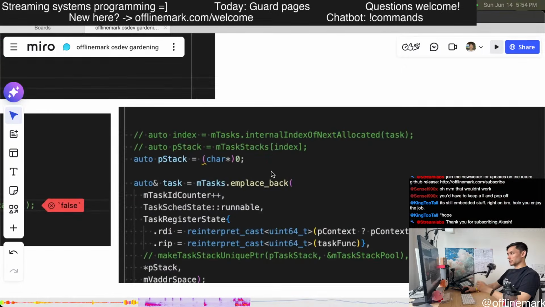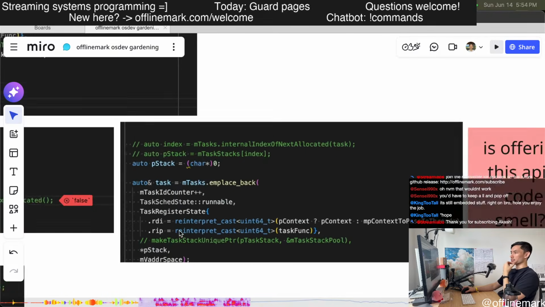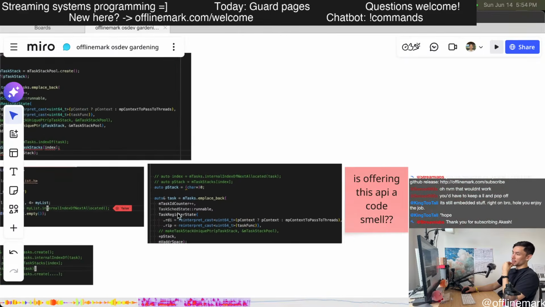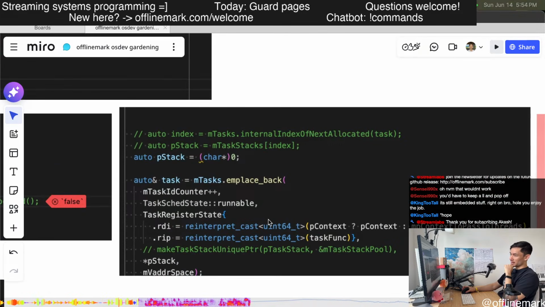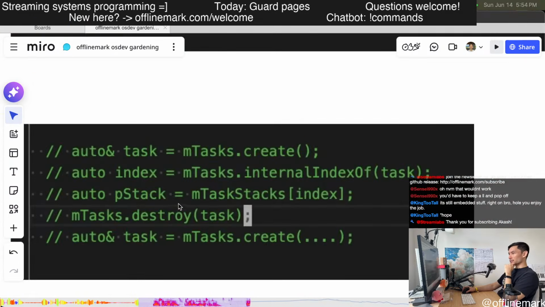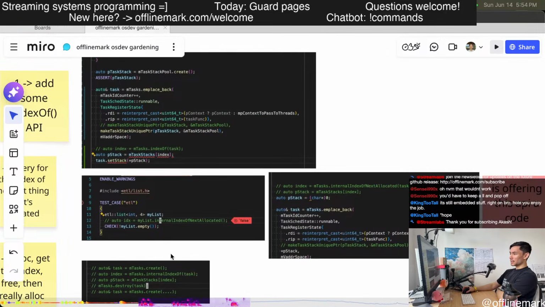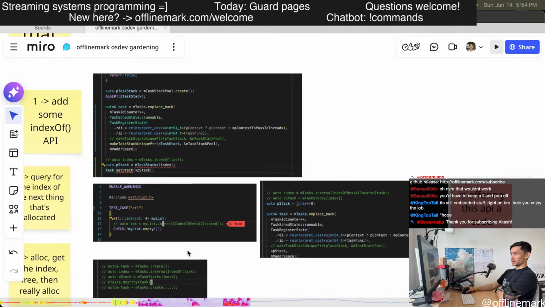So this looks much more clean in that we just emplace back in place and then this whole thing constructs. I really do like that, which requires having the stack, knowing the stack ahead of time, which requires knowing the index ahead of time. Then there's this weird thing where you allocate, get the index, free it, and reallocate. That's also quite ugly in a certain way. So it's always like, what's the least evil solution here?